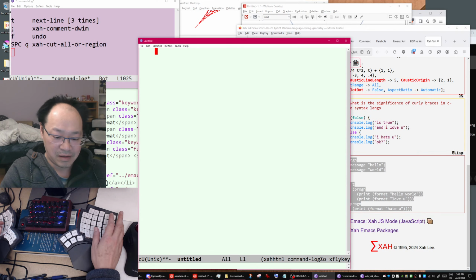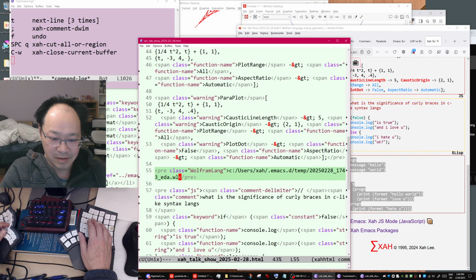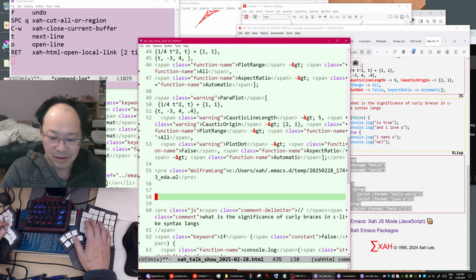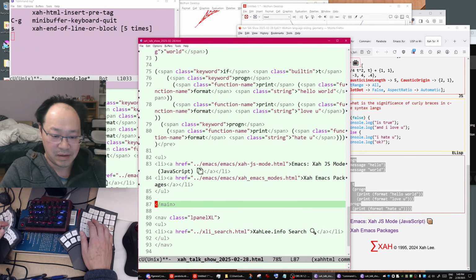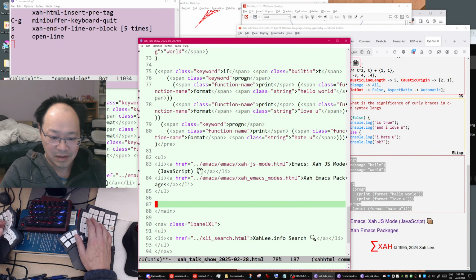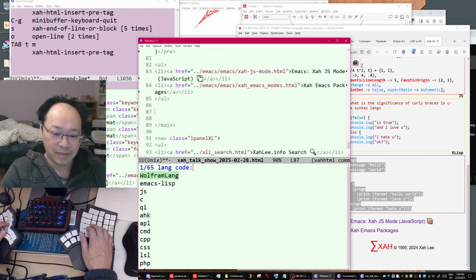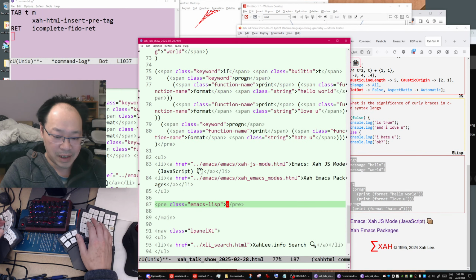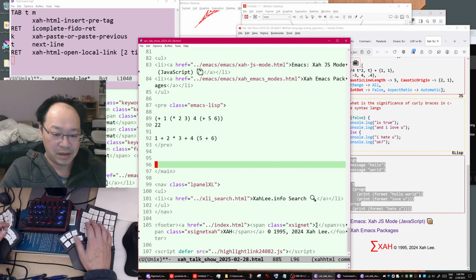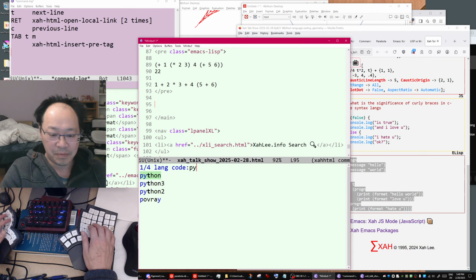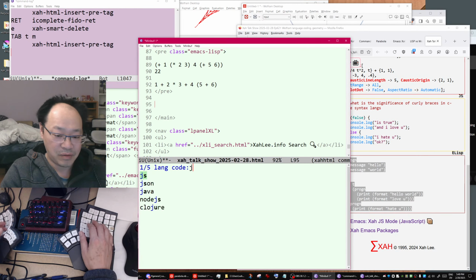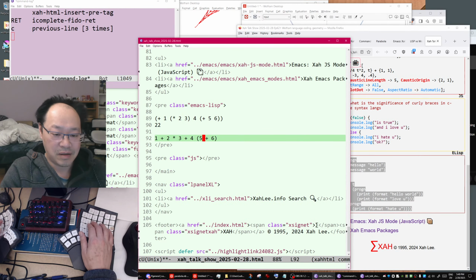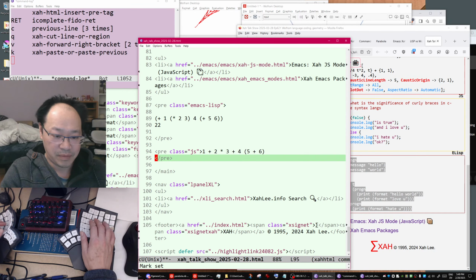So wait, cut, close. We digressed, but that's another topic. Let's go here. Emacs, paste, okay. Then create Python, okay. Let's not do Python, let's do JavaScript. So this belongs to JavaScript.